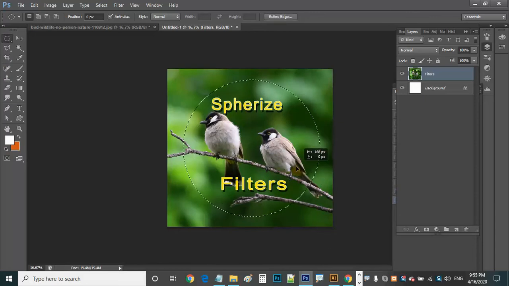See that this covers the entire picture. You can take any picture, friends. I am taking this bird, I am placing the bird in the center, and I am selecting in a spherical way. Now what I want is only this part. I want only this part. The remaining part I don't want here. I want to remove it.